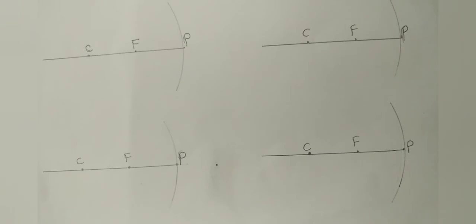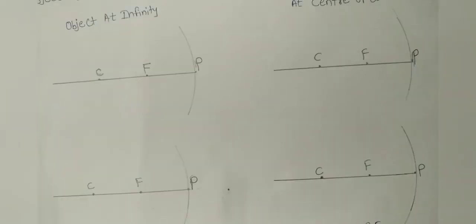Just now we learned 4 rules of concave mirror, how to construct ray diagram for those 4 rules. For drawing an image or to locate an image of concave mirror, we need any 2 rules out of these 4 rules. So we have to select any 2 rays out of 4 rays that are convenient for a ray diagram. While constructing ray diagram, consider the rays from the top of object. So let's start with the first case.